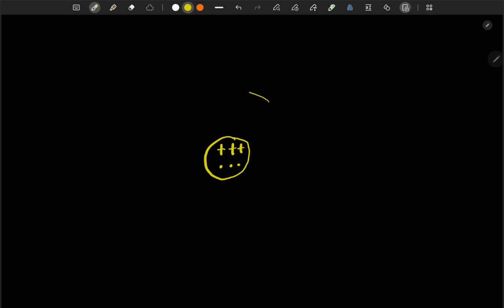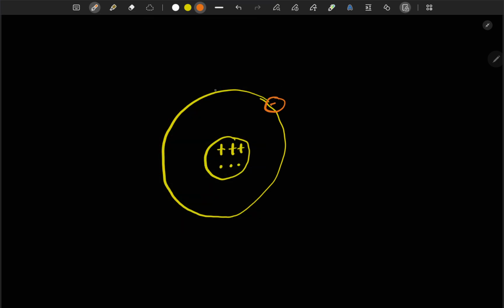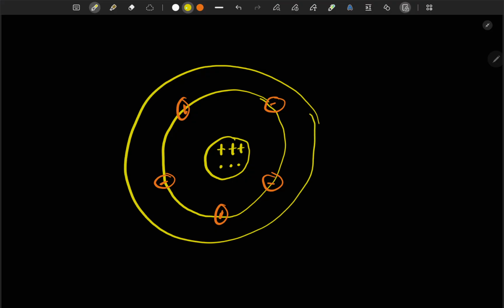And then it has electrons that are negatively charged moving around shells or energy levels, something like this. Let's say this is another shell, and we have negatively charged electrons moving around the shell. So this is a simplified diagram of an atom, atomic structure,